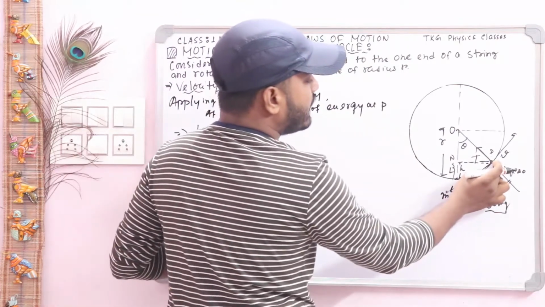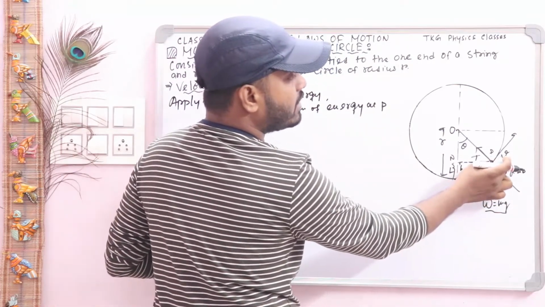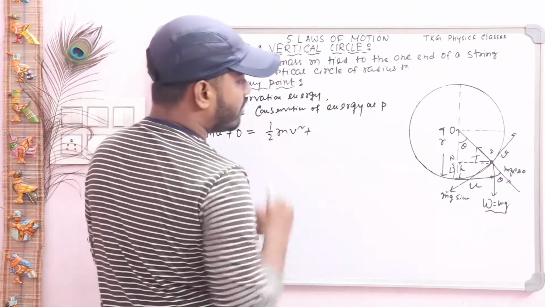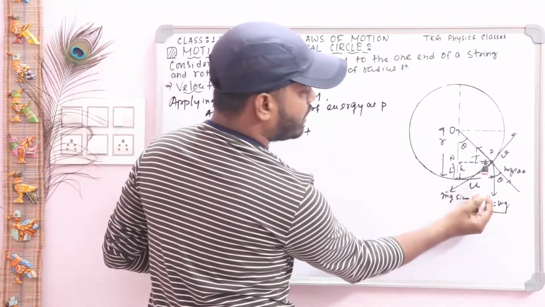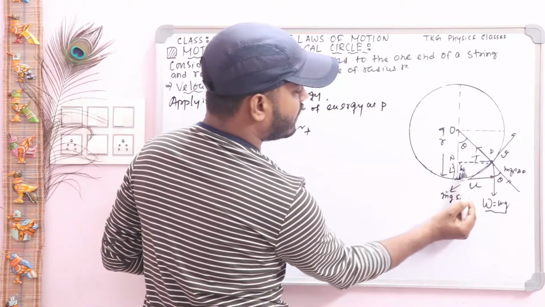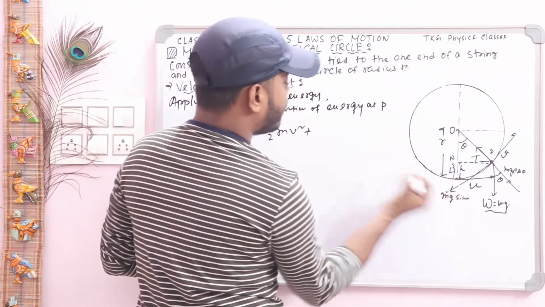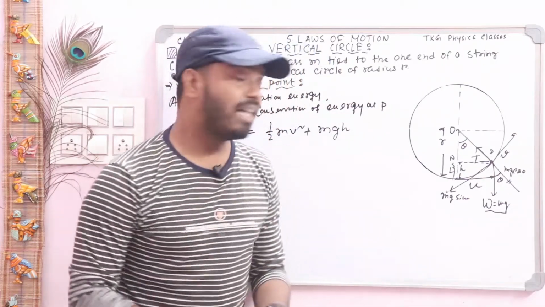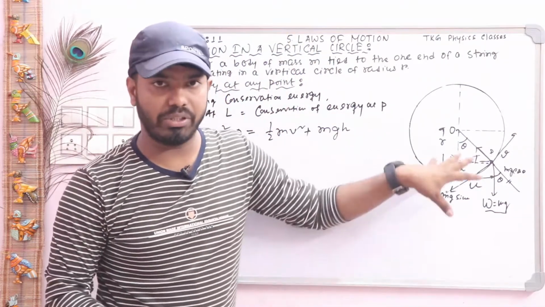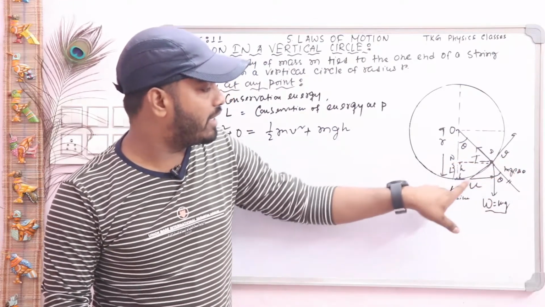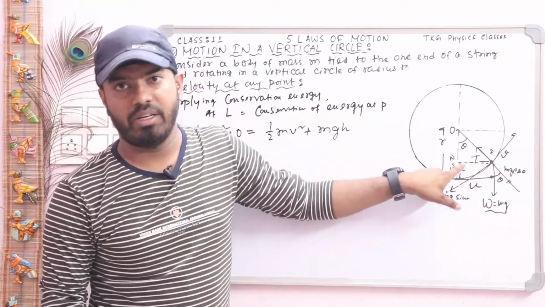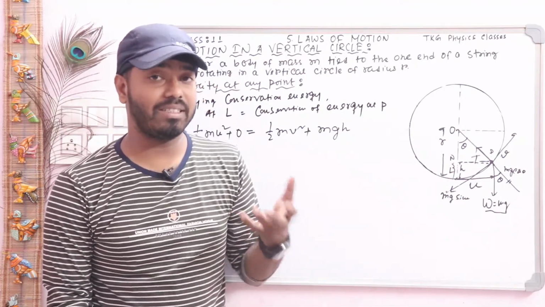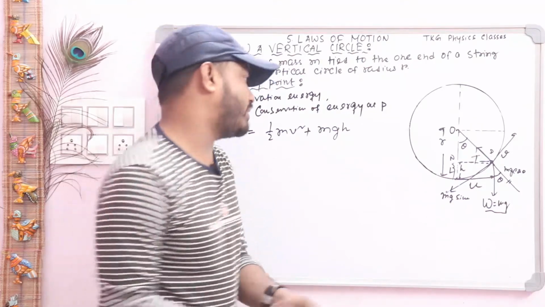At point P, the velocity is represented as v, so kinetic energy is half m v square, plus what is the potential energy? At point P, the body attained a vertical height, that is represented as h. So here potential energy is mass, acceleration due to gravity, and the height attained by the body at that point, that is mgh. So now you simplify, then you can easily find the expression of velocity v, and this is the velocity at any point. Okay, simplify it.